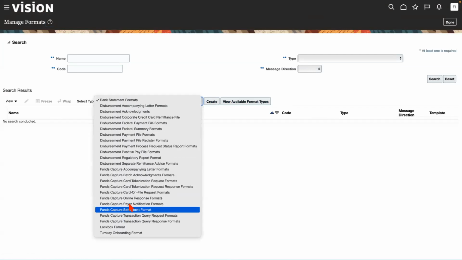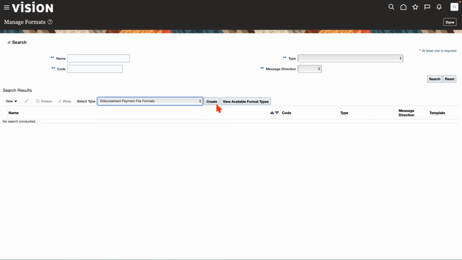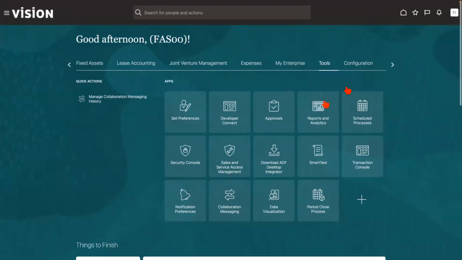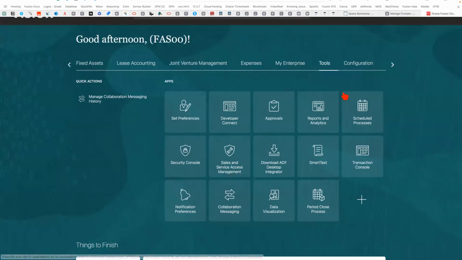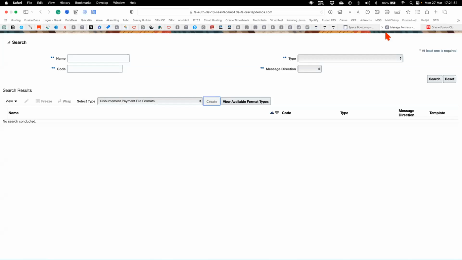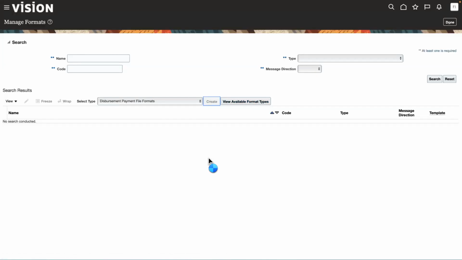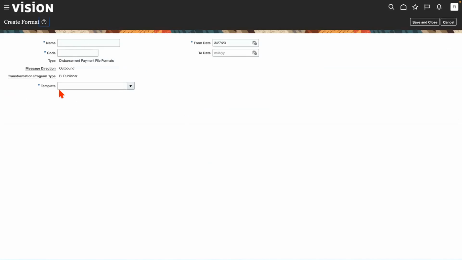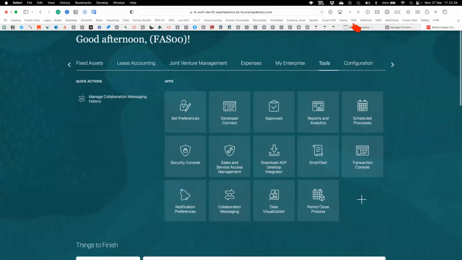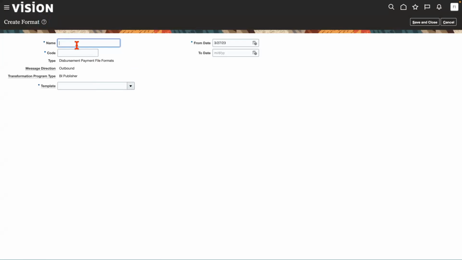And then we're going to create the payment file format. Inside that format, there's a template. This template is being called from BI Publisher. Should be loaded soon, but I'm going to call mine Acme